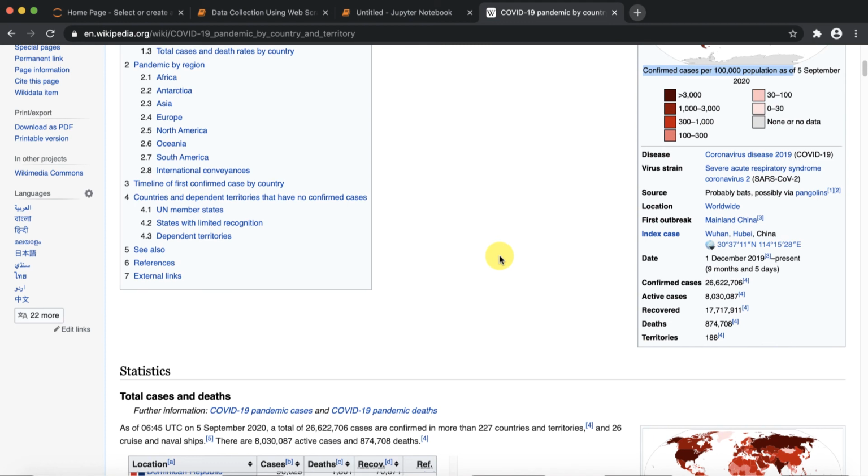That we can see in my next video. In my next video, I'm going to take a particular country, my country India, and fetch the data for India state-wise. Then I want to clean up that data, and after that I'm going to store that data in one Excel sheet or in a CSV file.